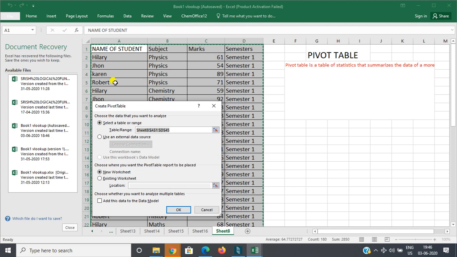This opens the create pivot table box. I have already selected the range. Secondly, where will my table report be placed, in a new worksheet or an existing worksheet? I want it to be a new worksheet. So click on OK.